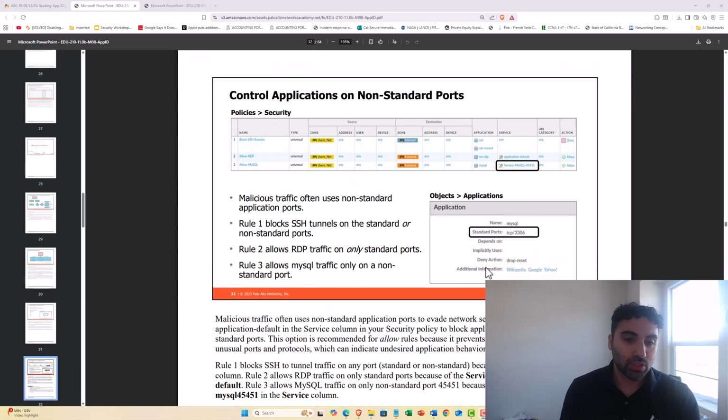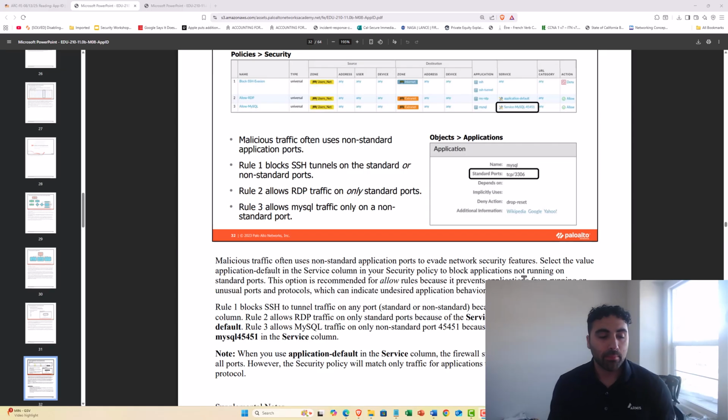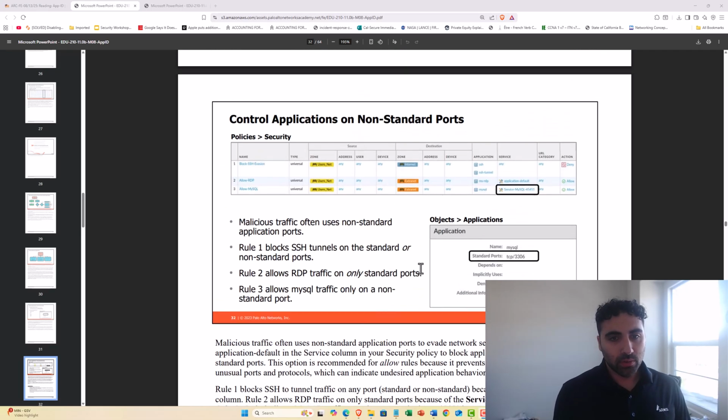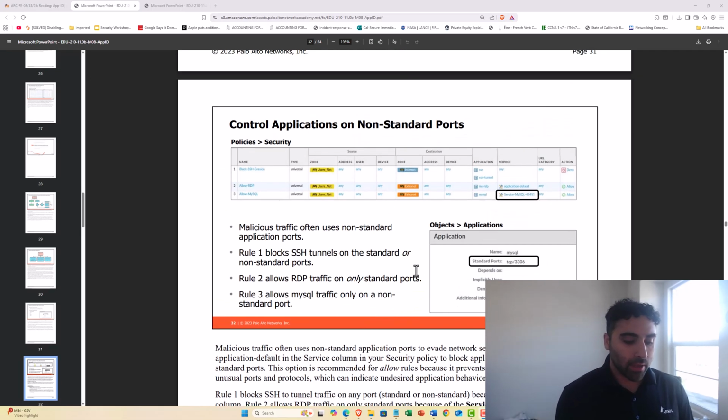Malicious traffic often uses non-standard application ports. It's a way for them to obfuscate. So when you're reviewing firewall logs, one thing you want to do is make sure that the application itself is matching the service, the port that's coming in or out of. So if you're seeing that,